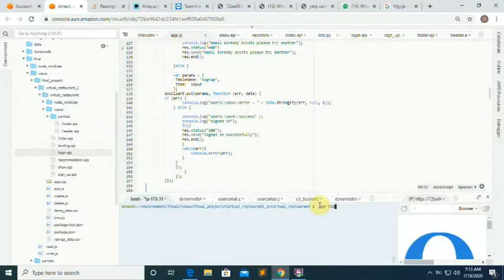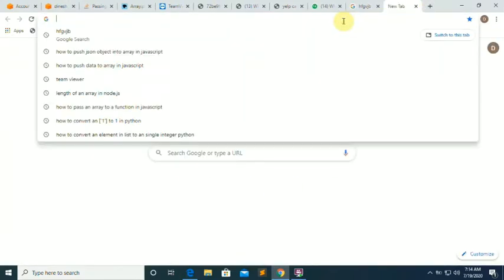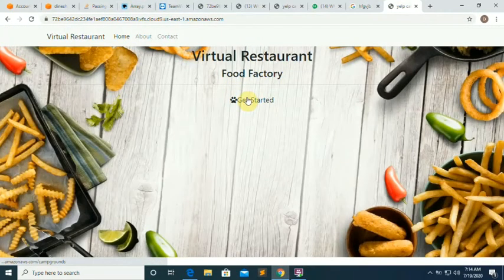So now I'm going to start the web application. So you can see the server has started. I'll copy the URL and I'll just paste it. So I've used Cloud9, which is the best software for developing a web application, because it has default software installed, and Amazon DynamoDB is the database which I've used. So if I click on get started,